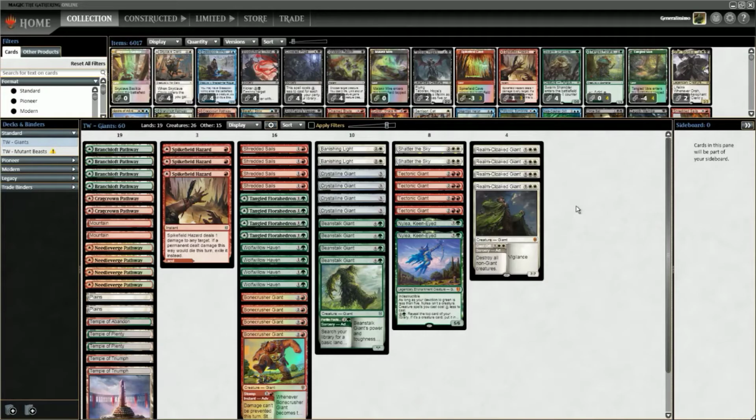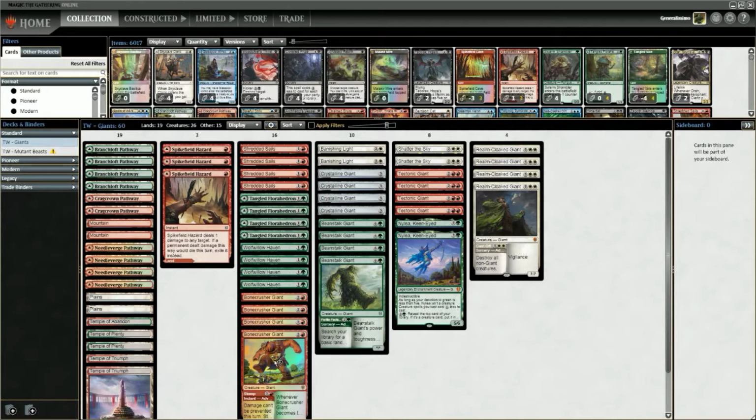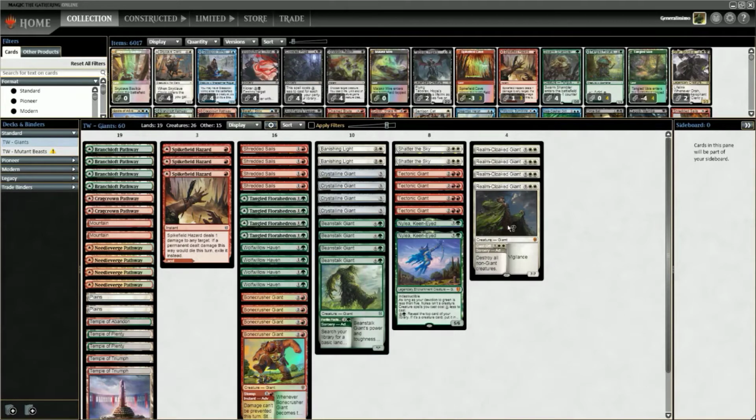Right, it's tribal time. This week it is Standard Tribal Wars and I'm playing Giants. So it's a Naya sort of ramp slash control deck, trying to use the Adventure Giants as a bit of removal, bit of ramp, bit of a wrath, and then play them again as the big creatures to win the game. The other giants I've got are Crystalline Giant, just because it's a 3-drop that's